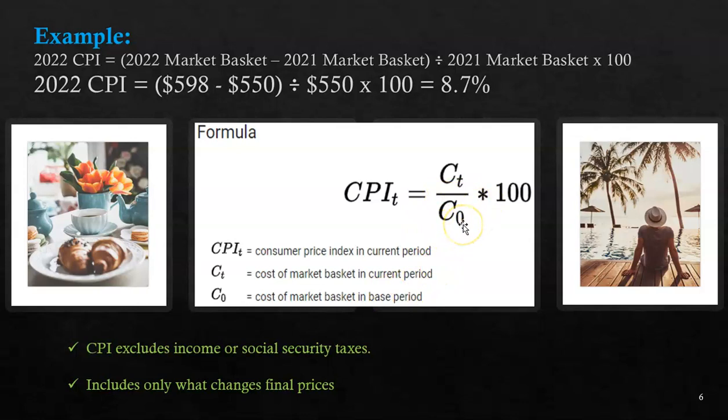The base year is 1982, but a base year is the year you're comparing it to, which means you can compare the year 2022 to the year 2002. 2002 is down here. You're deducting 2002 from 2022, and then you're dividing by it right here, and you multiply by 100 to get your percentage. So if we were to do $5.98, the price of the market basket in 2022, and $5.50, the price of the market basket in 2021, if you were to deduct that, we end up with $0.48. That $0.48 divided by the $5.50 down here, which is the denominator, is going to give you a 0.087. You multiply that by 100 is how you come up with 8.7%.